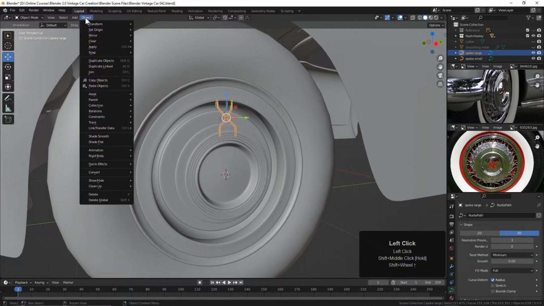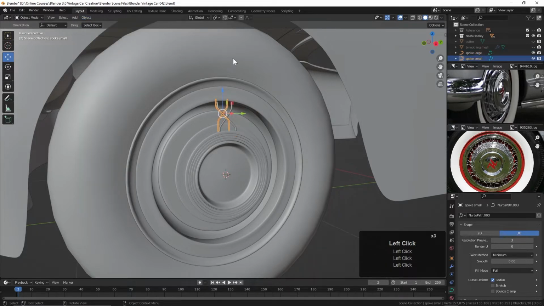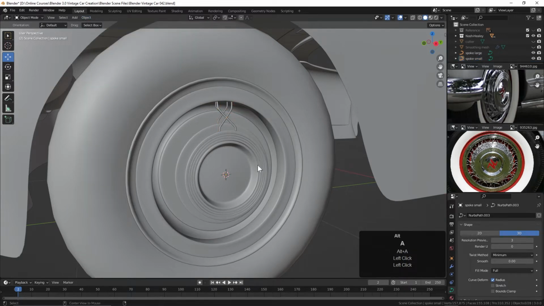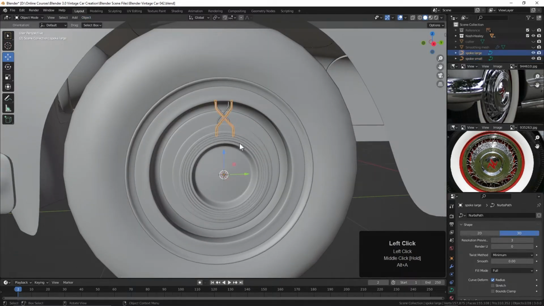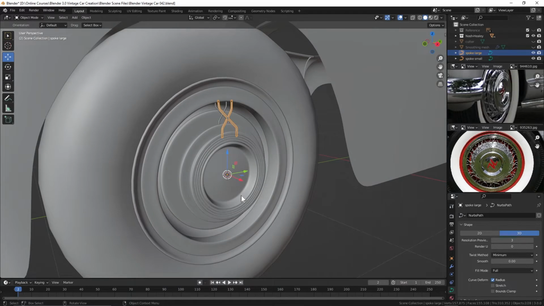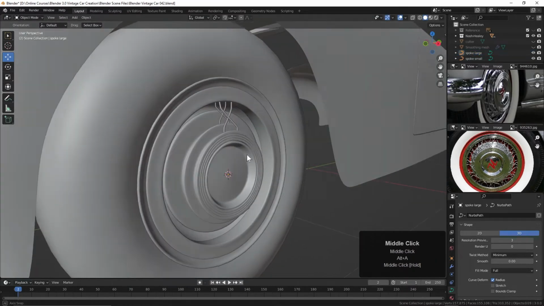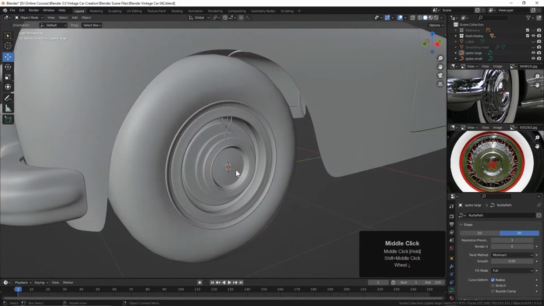So I'm going to come up here to Object, Set Origin, Origin to 3D Cursor. And let's do the same with the small one here, Set Origin to 3D Cursor. Okay, so we have these here. So when we rotate this in the x-axis, Rx, you can see it would go around that point right there. Okay, so now that we've got that in place, let's create an empty, and it will come in where that